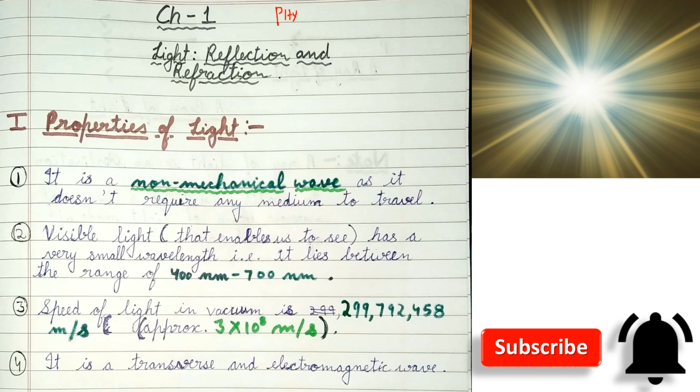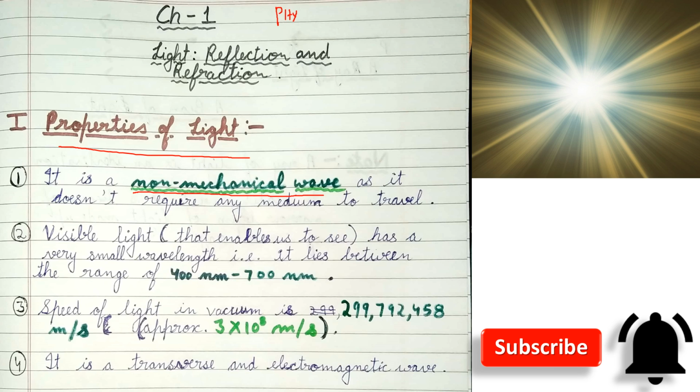हेलो गाइस। आज हम फिजिक्स का चैप्टर 1 के दो टॉपिक डिस्कस करने जा रहे हैं और वो टॉपिक है प्रॉपर्टीज ऑफ लाइट एंड प्रोपेगेशन ऑफ लाइट। सो हम सबसे पहले डिस्कस करेंगे प्रॉपर्टीज ऑफ लाइट। सो प्रॉपर्टीज ऑफ लाइट के अंदर लाइट की चार प्रॉपर्टीज होती हैं।